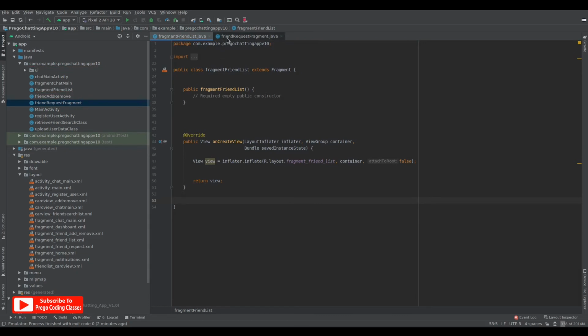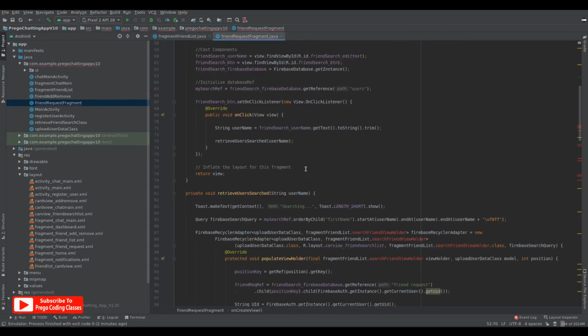Okay, now get back to friend request fragment, and over here, as you can see, there is a red mark over the search friend view holder. So we just need to delete the fragment friend list portion just before the view holder. So this is deleted. Now this has to be deleted, and this has to be deleted, and then this has to be deleted.